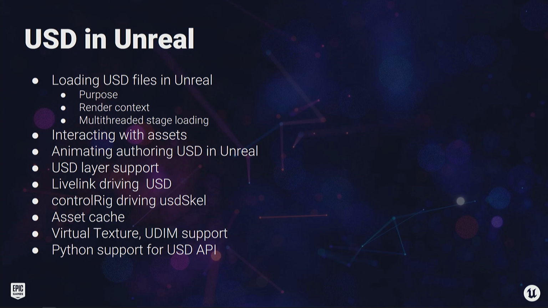And then the other thing that we've added is Control Rig driving USD scale. This is actually really interesting because I can open up a USD file, select a character, add a control rig to it, and now I'm animating in Unreal. Whether it's an FK control rig or a control rig that has FK, IK, and all that, I can be changing the motion on it, and then as soon as I hit save, it pushes the information into the USD file.